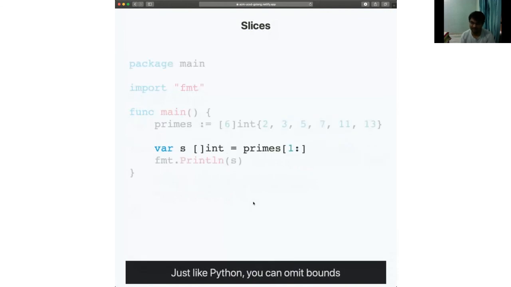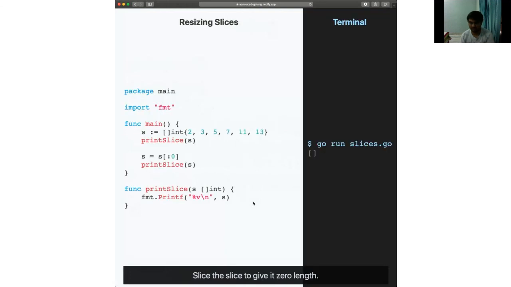So just like, I guess, Python, you can omit the bounds, so you don't need a higher bound, and you also don't need a lower bound if you don't want it. And yeah, so resizing slices. So the main problem with arrays is that you can't resize them. In Go, you can resize slices though.